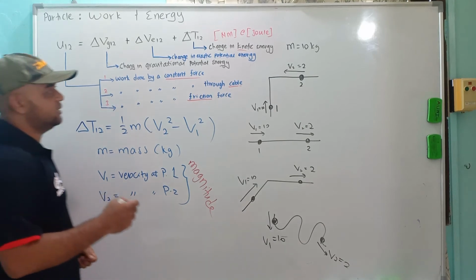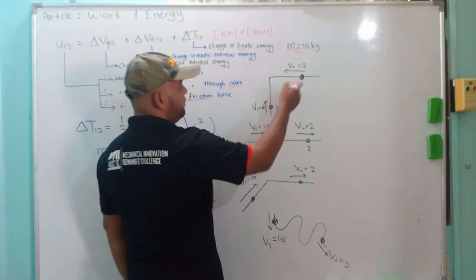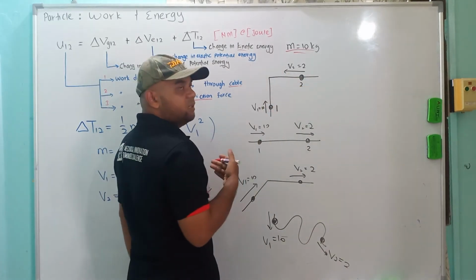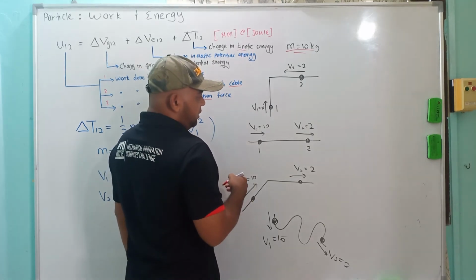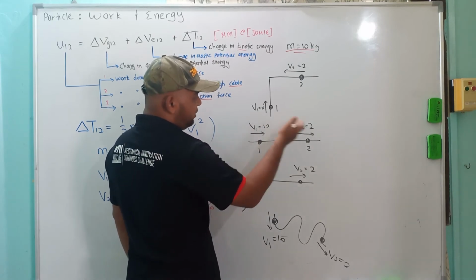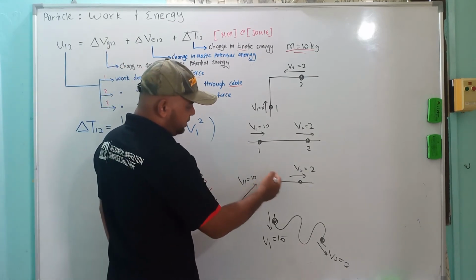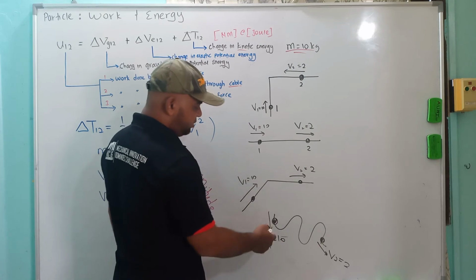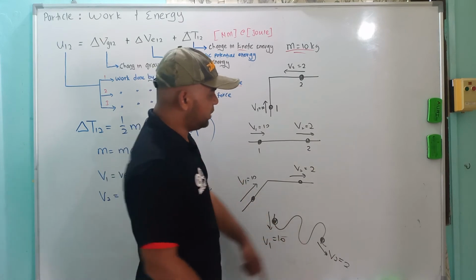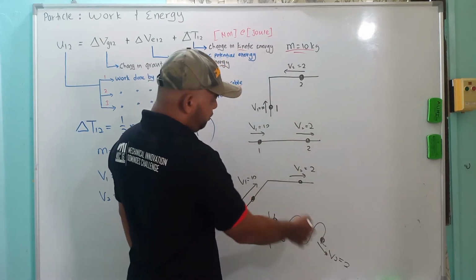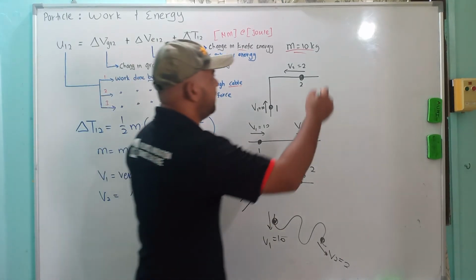Okay, so as for this example, we have mass equal to 10 kilo. The first one, V going up at position 1, at position 2 going this way, at 2 meters per second. This one, second, position. We have position 1 V to the right and V2 also to the right, 2 meter per second. And here V this direction, V2 this direction. This one is 10, this one is 2. Now we have this time of motion, V1 downward and V2 to this 2 meter per second. Notice that we have same V2 and same V1 but different direction. But since we didn't cater for the direction, we only want the magnitude.